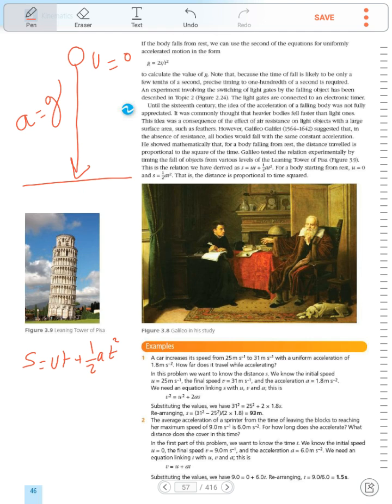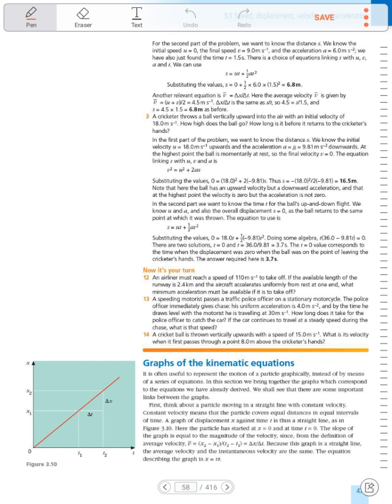Also, you can calculate the final speed here using v equals u plus the acceleration of free fall multiplied by time. This is time. The acceleration of free fall is constant. u equals 0 because the object is released from rest. You can use this equation as well. All the time, what you have to do is just put the acceleration of free fall instead of the acceleration in the movement of the object